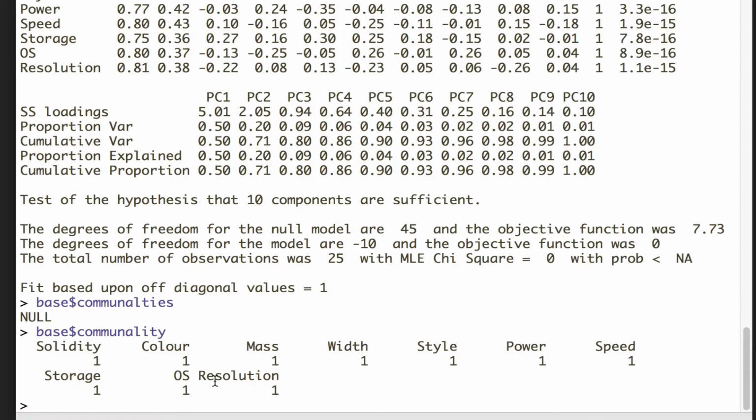And here are our initial communalities for each factor. Now that's because when you first do the analysis and you have the same number of components as you do variables, then obviously each factor is going to share 100% of its variance with that variable. So